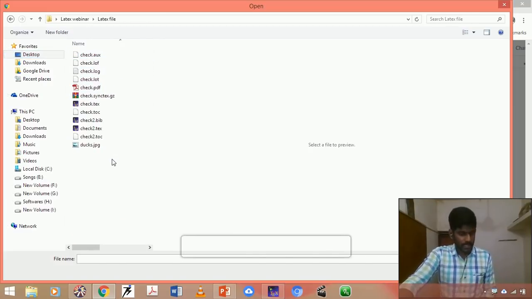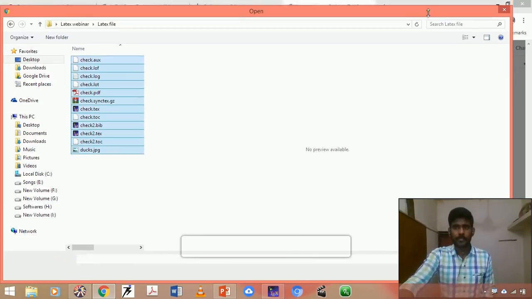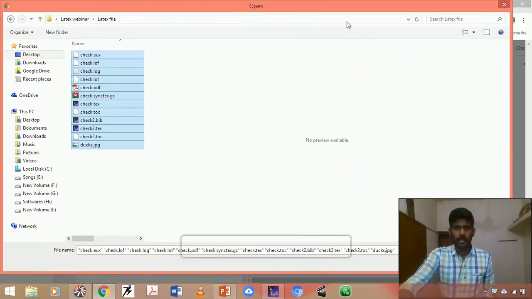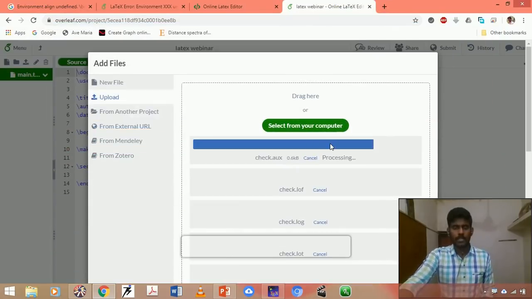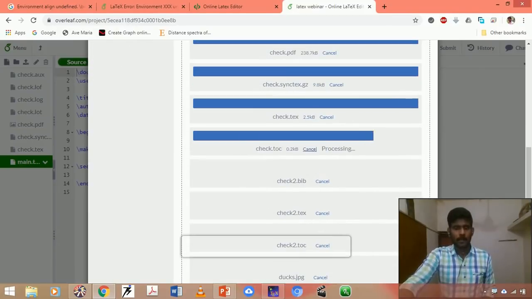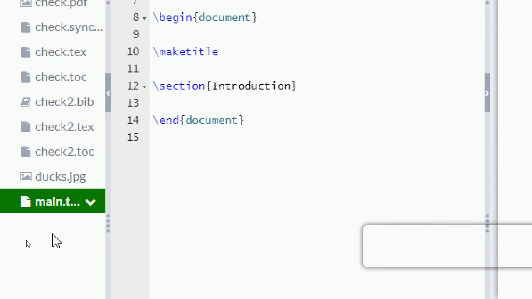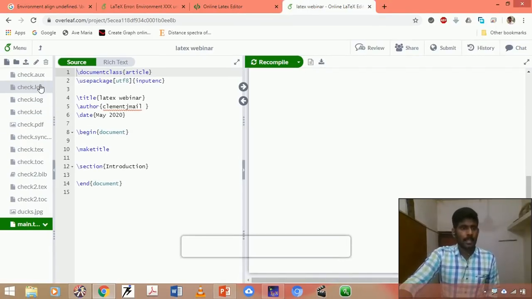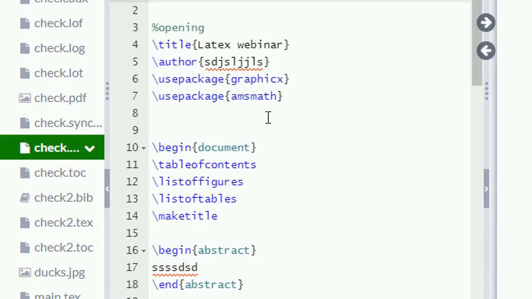I am going to simply copy the entire thing as a project. It takes time to upload all the files. Once it gets uploaded, you can see it uploading in parallel. Yes, now we can go to the respective text file that I already corrected in TeXstudio. If I click this,